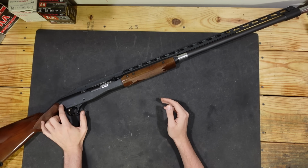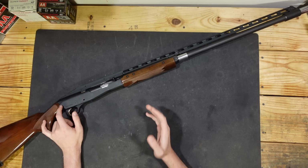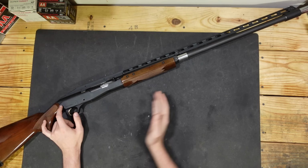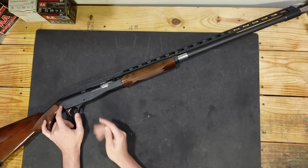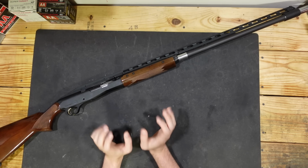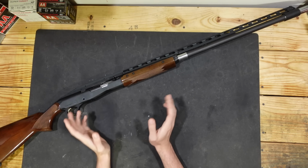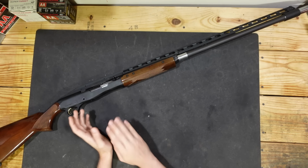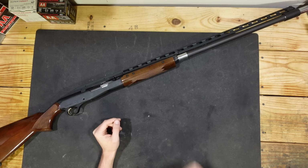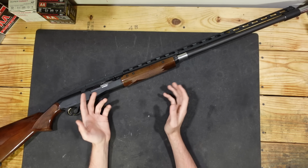Additionally, having a drive spring that's better attenuated to the specific loads that you're trying to use in the gun, so specifically a heavy trap load, such that it wouldn't cycle with a light trap load, some sort of tuning system going on there would get this thing to the point that it could be even smoother with those heavier loads, or even smoother with the light loads, and then the recommendation that you don't use heavy loads in it. So there's certainly more min-maxing that could have gone on with this gun, but as we mentioned